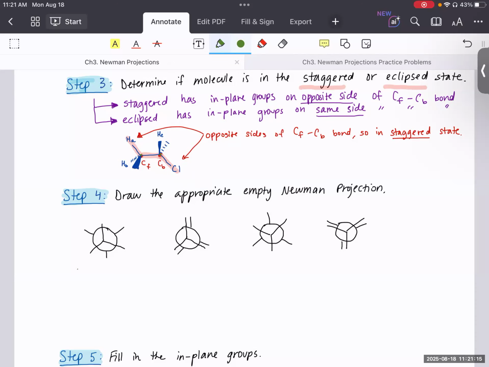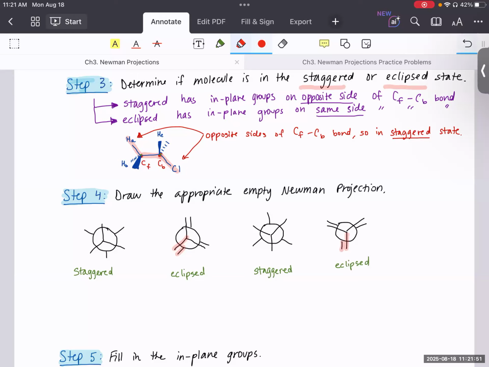Okay, so we can see that the two staggered states, which are the first and the third, have lines that don't line up with each other. So the lines coming from that front carbon and the lines coming from the back carbon are not directly parallel to each other. While the ones that are eclipsed, which are the second and the fourth, have lines that are parallel to each other. So we can see that the front and the back carbon of both of those have lines that line up